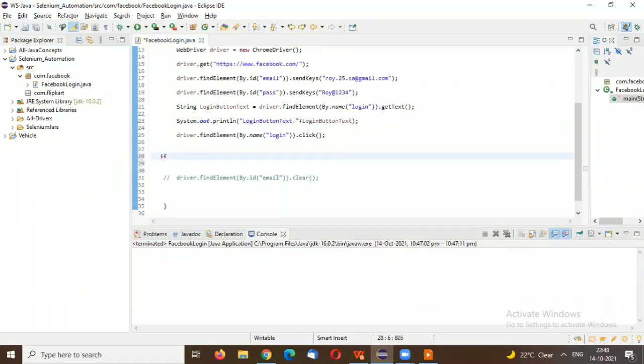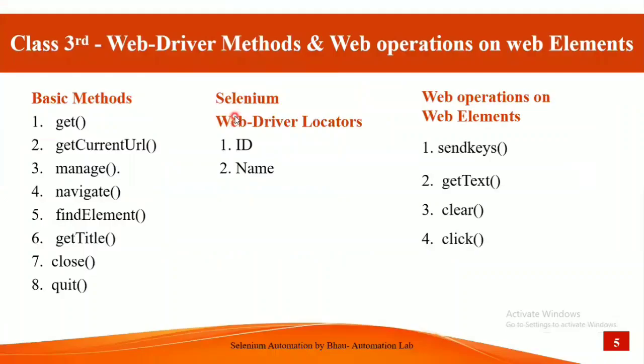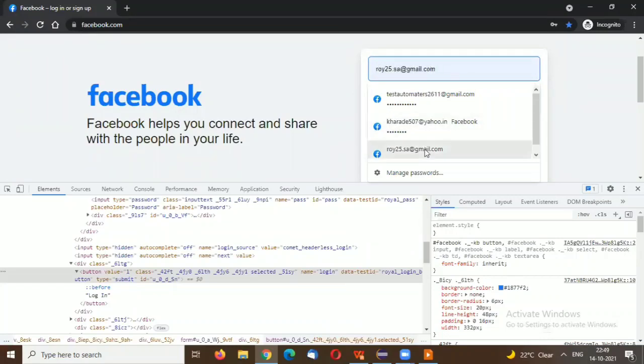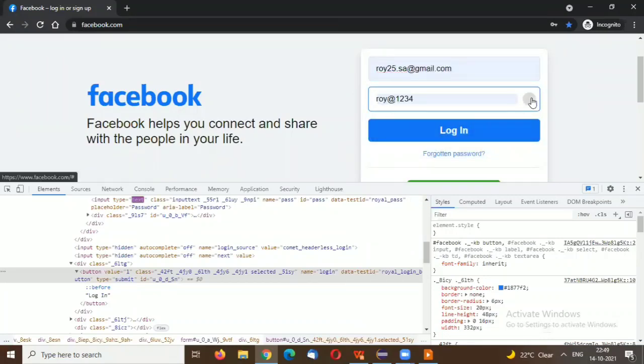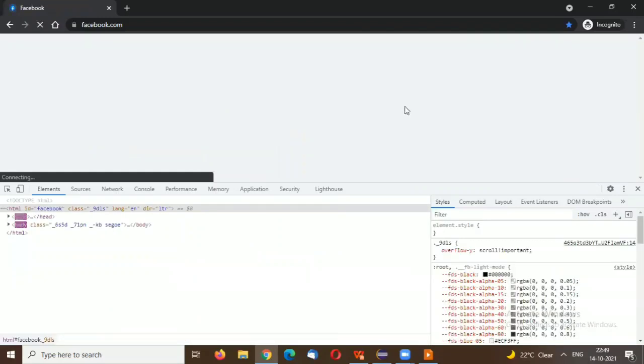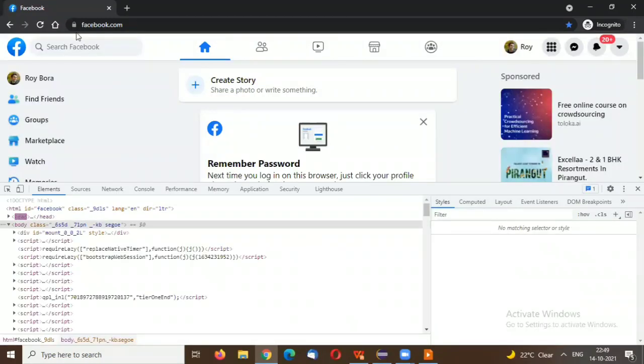Like we have seen get title in the last lecture. Before you log in with facebook.com, you can check the expected title, which is Facebook login or sign up. When you log in with facebook.com, the password changes, you need to change the password in the script also.